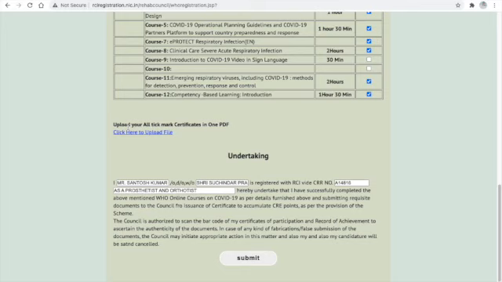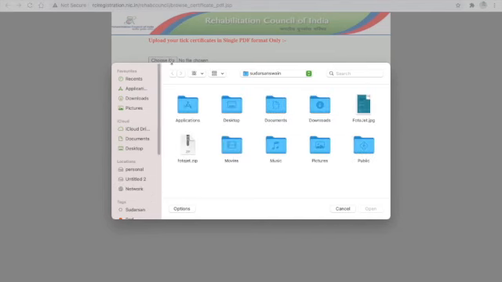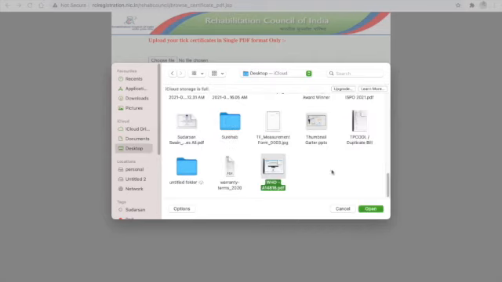Then in the down part, upload all your tick-marked certificates in one PDF. Remember, if you mailed the RCI previously, as per the previous data, one PDF should contain all your certificates which you select here. So before going to this process, make the PDF of all the certificates, so that it will be easy for you.